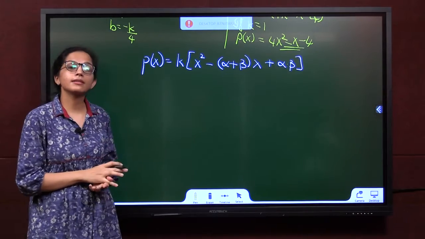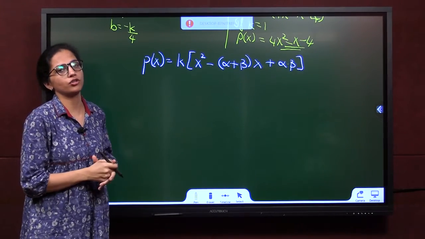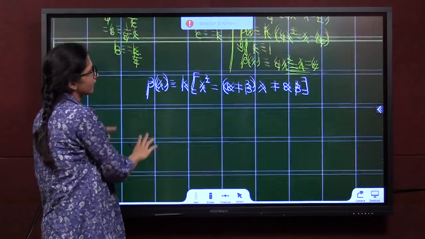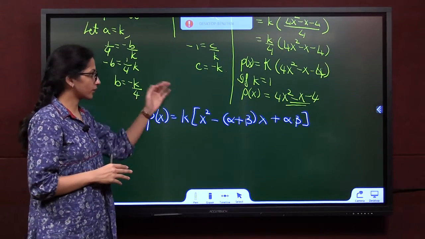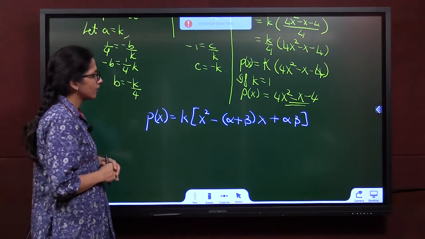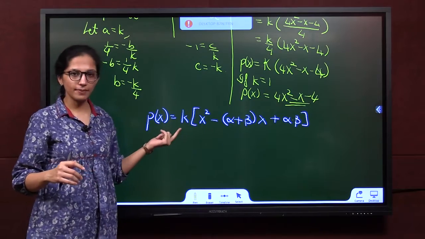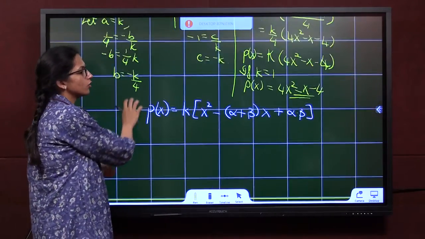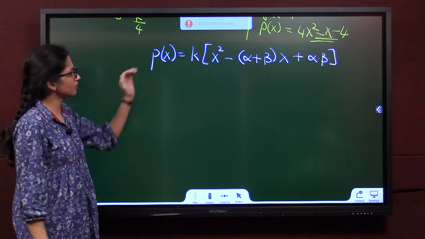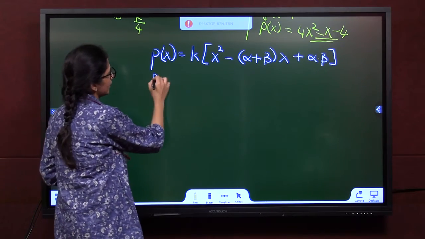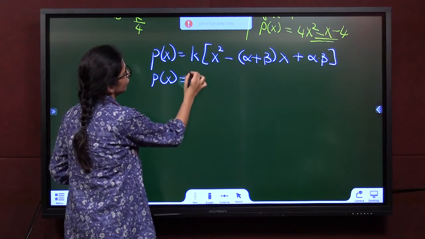While doing the similar sum, during your examples, I showed you two methods for the sum. This method that I have done on top, taking a as k, is what is done in your NCERT textbooks. So I also taught you this formula method directly if you learn the formula. You'll also get the same answer here. Let's just verify. We'll be following this for the rest of the questions, but this is just for you to understand if this method is applicable here too.